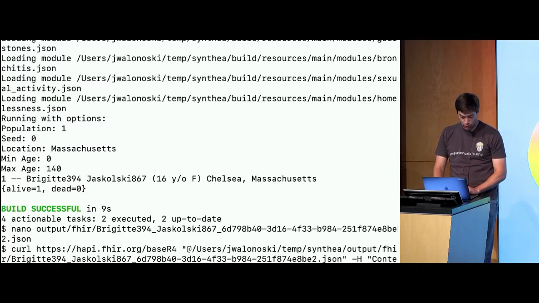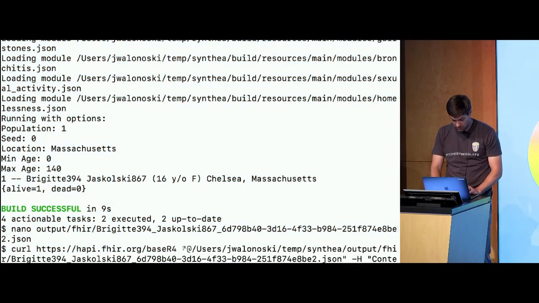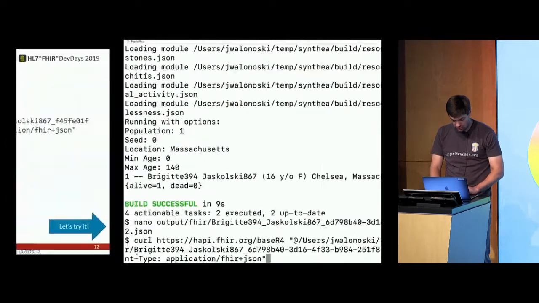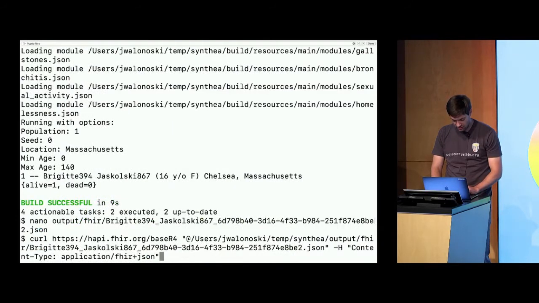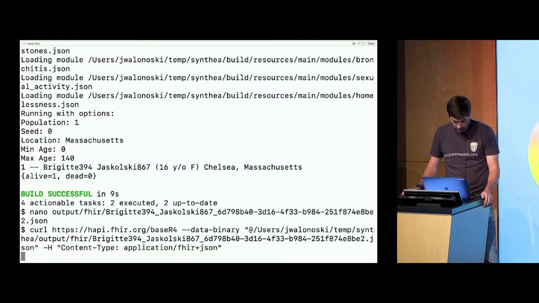So I'm basically issuing a curl command to the happy server. I'm telling it what file to use. Did I get that right? I think I forgot to tell it to use the data binary. So let's go back there. And then I have a header that basically tells it I'm using the FHIR JSON content type. So it's going to basically just post this transaction bundle, and hopefully,